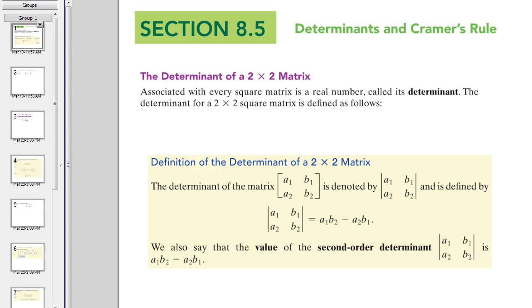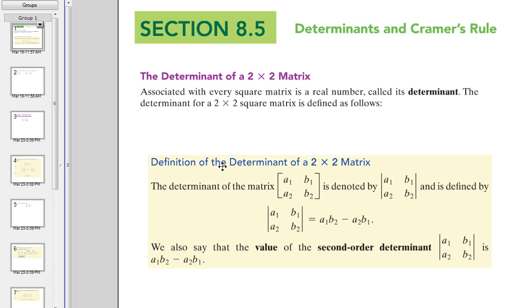The ones in the class, this is your notes for section 8.5, Determinants and Cramer's rule. So what we're going to find out in this section is how to evaluate a determinant for a square matrix. Square matrix meaning there are as many rows as there are columns. So 2 by 2 meaning 2 rows, 2 columns. And then further we can talk about 3 by 3, 4 by 4, 5 by 5. But it has to have the same number of rows as columns if you're going to come up with a